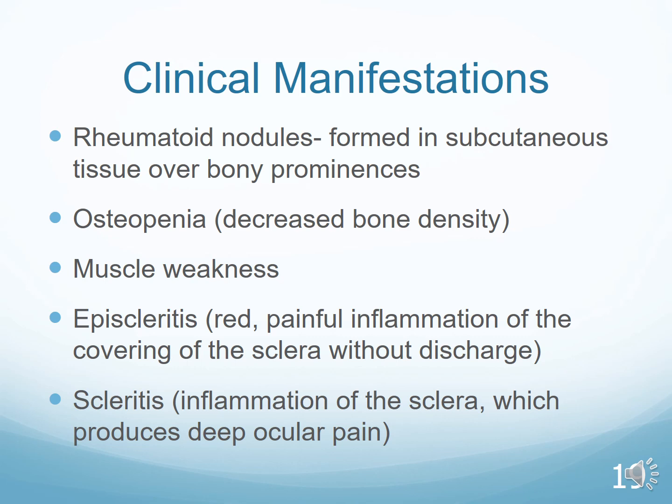So some clinical manifestations, you might see rheumatoid nodules, and these are formed in subcutaneous tissue over bony prominences. Osteopenia, which is decreased bone density. If your client has ever gone to a DEXA scan and you are reading the DEXA scan report, that is what we are measuring in a DEXA scan. We are measuring bone density. They will complain of muscle weakness,